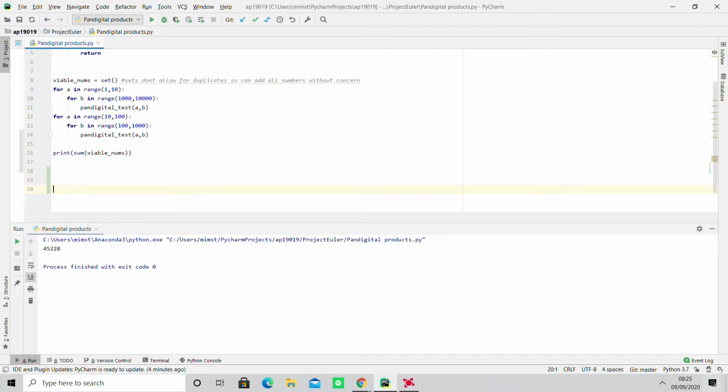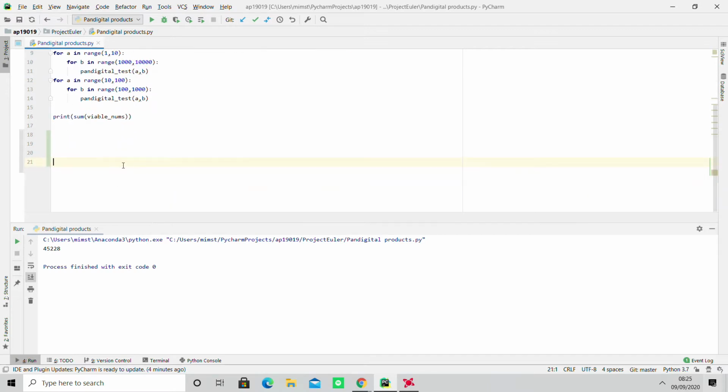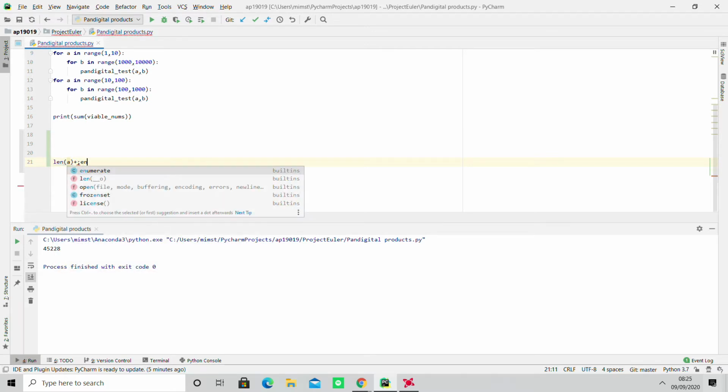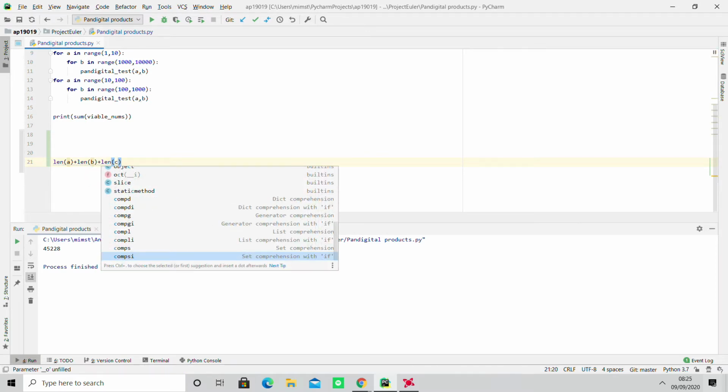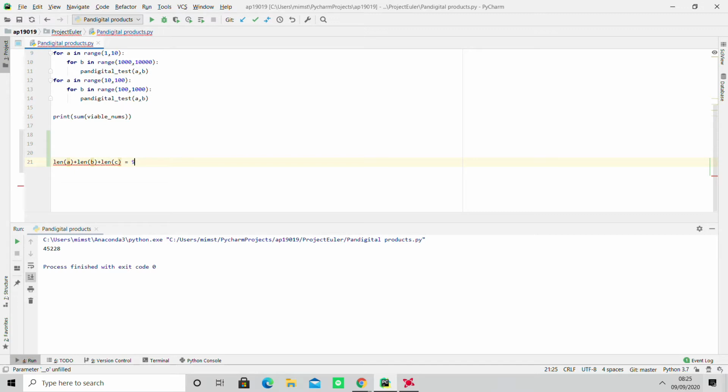If we imagine that we have a product and an answer, well, we know that the length of the first product, if we call that A, as well as the length of the second product, and we'll call that B, as well as the length of the answer, if we call that C,